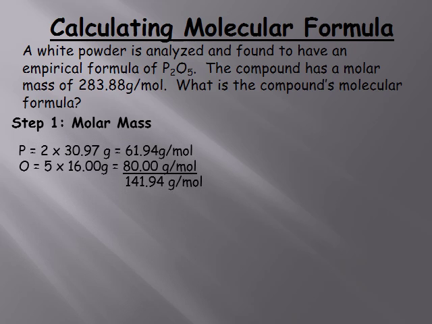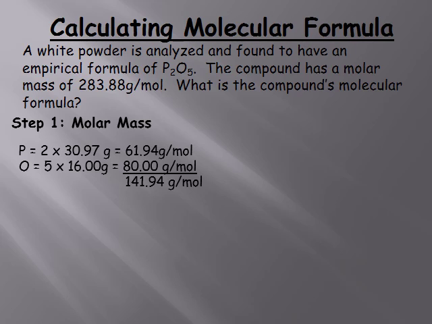So the first thing we have to do is work out the molar mass of the empirical formula. So it's going to be 2 times the atomic mass of phosphorus, which is 30.97, giving 61.94 grams per mole. Then work out the amount of oxygen, so it's going to be 5 times 16, 16 being the atomic mass of oxygen, which gives 80. Find the sum, and the empirical formula molar mass will be